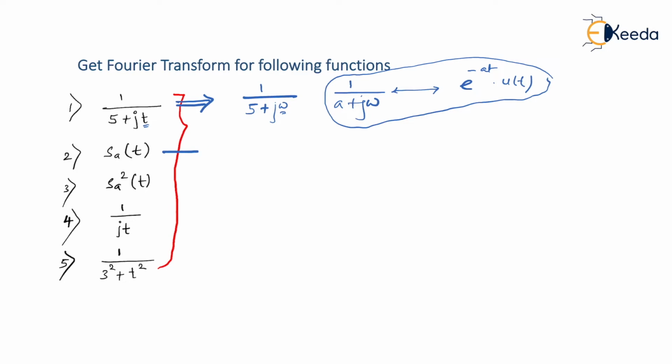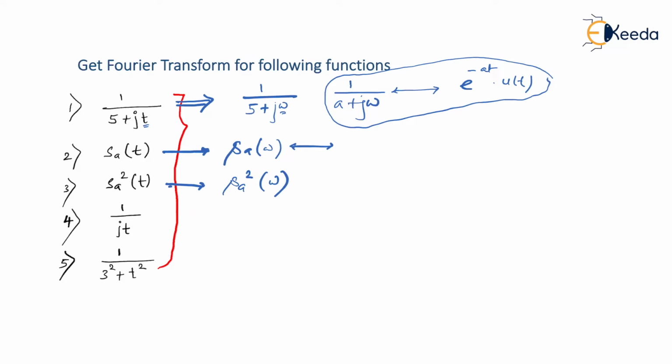For example, we have seen a sampling function, but every time we have seen a sampling function which is a function of omega. So instead of t, if we have sampling of omega, then I can evaluate its inverse Fourier transform. For example, if it is sampling square of t, again it is not a function of omega, but if I replace t with omega, then definitely it has become a standard function. So in all five problems I'm talking about, only if you replace t with omega does it become a standard function.